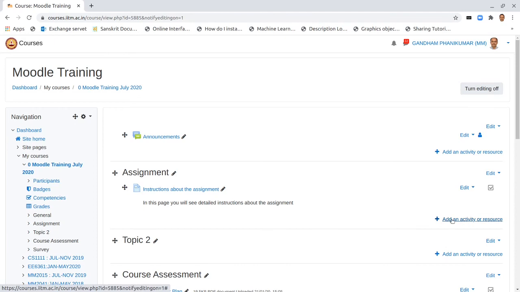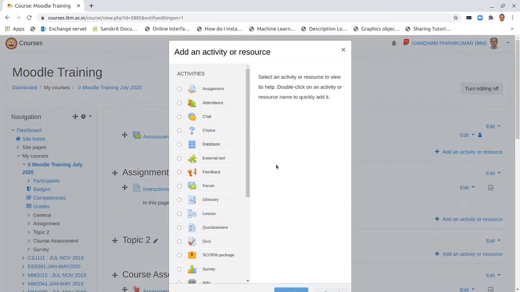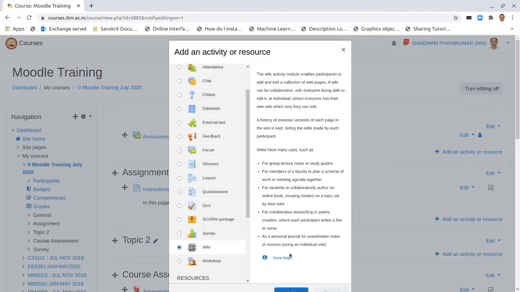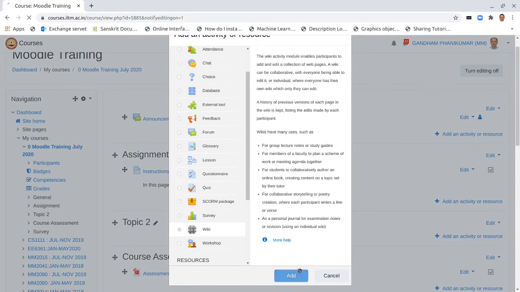The next thing is to seek the choice of topics from the students. The best way to do this is to have a wiki. So add an activity, and from the list of items you could pick wiki and click on that.